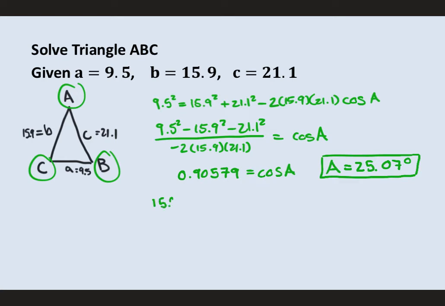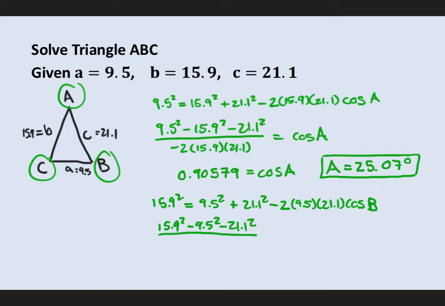I'm going to go 15.9 squared equals, now I'll do A is 9.5 squared plus 21.1 squared minus 2 times the first thing, which is 9.5, times the second thing, which is 21.1, times the cosine of, this time, we're finding the angle across from 15.9, which is B. We'll simplify it the same way. So we'll get 15.9 squared minus 9.5 squared minus 21.1 squared divided by negative 2 times 9.5 times 21.1 equals